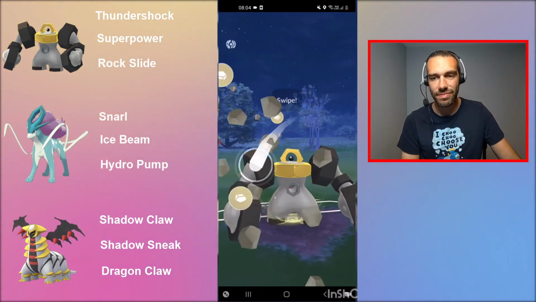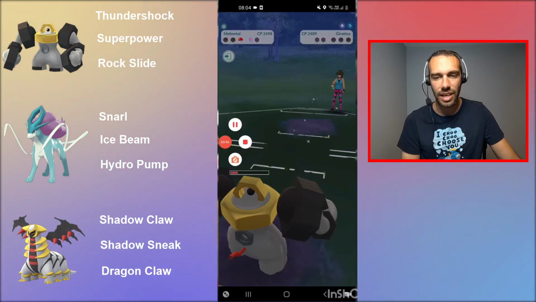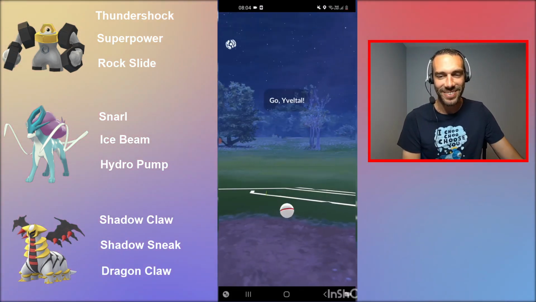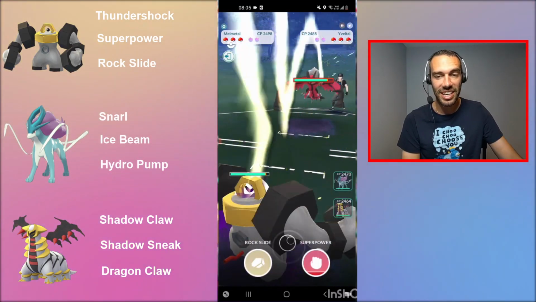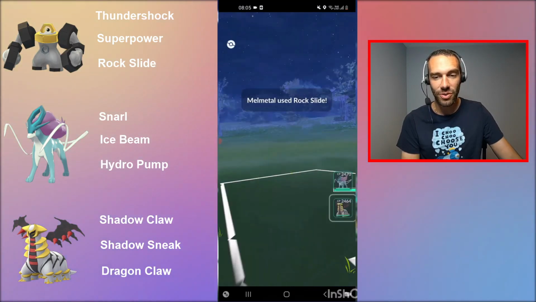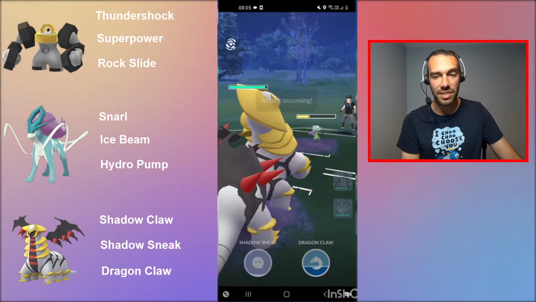I think they should probably take it out. And it does. There we go. I think that was a very, very, very poor play on your opponent's part there. Sorry, opponent. Why would you have come in? Yveltal in the Ultra League. Interesting. I dig it because I like it as a Master League Pokemon. They catch a Rock Slide on Roserade. Ooh, and this is...